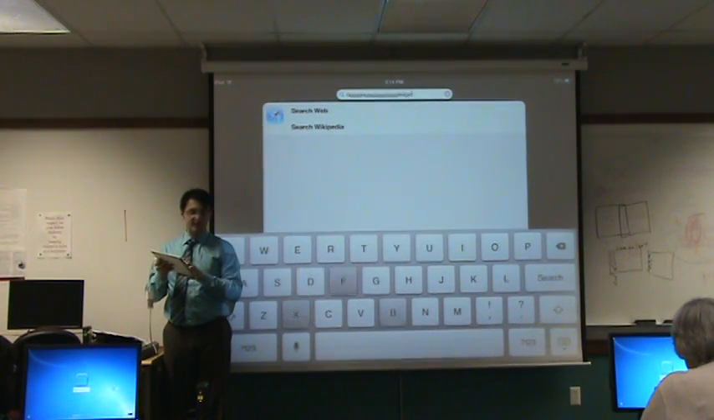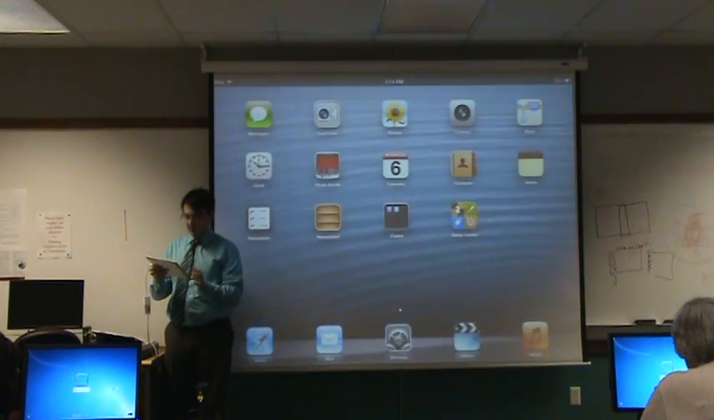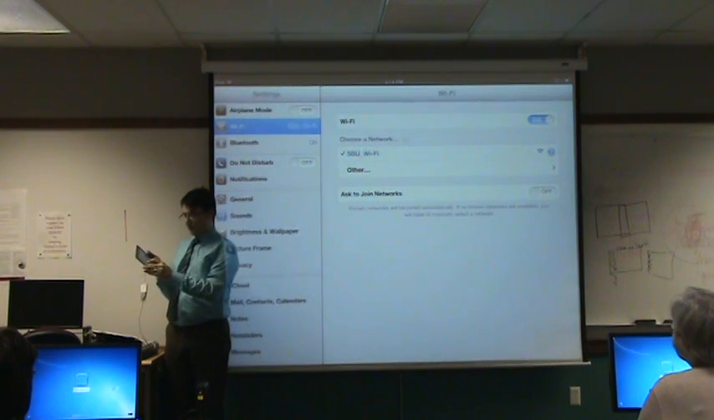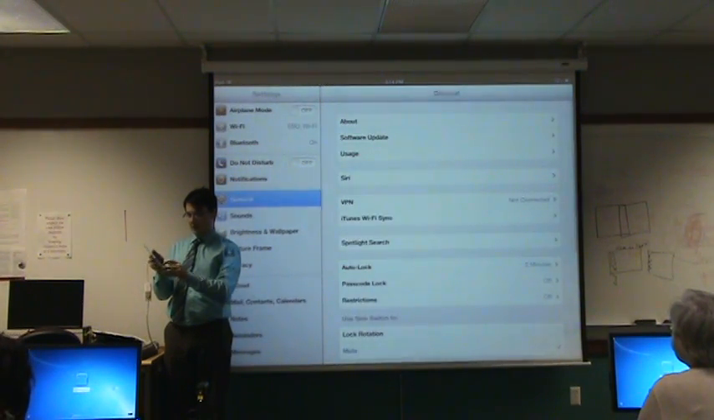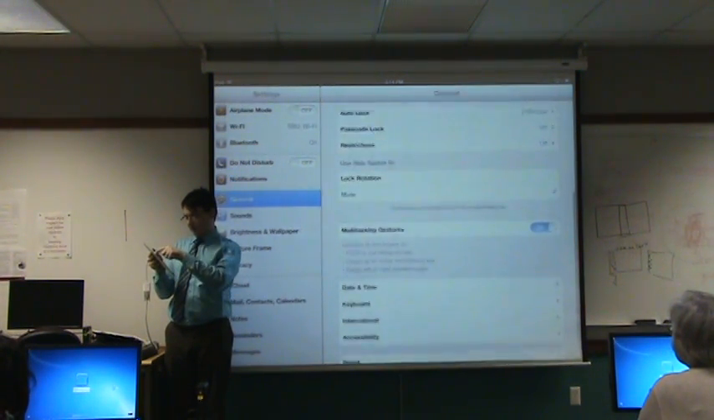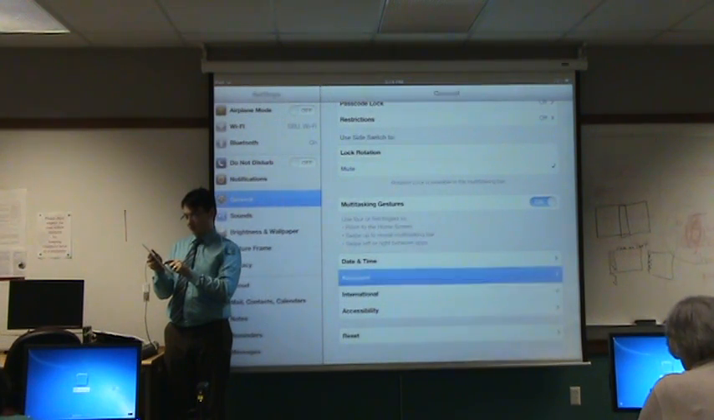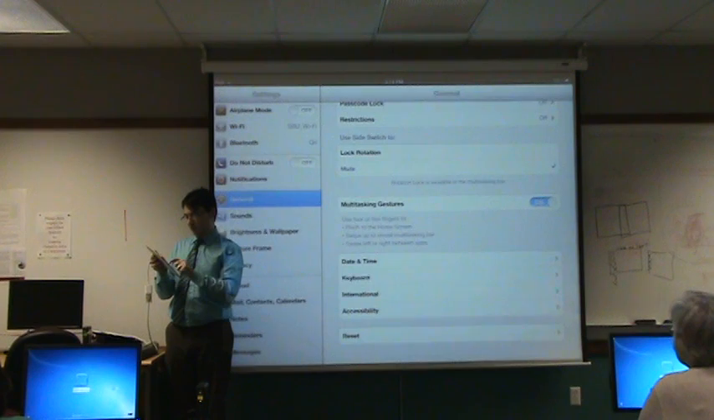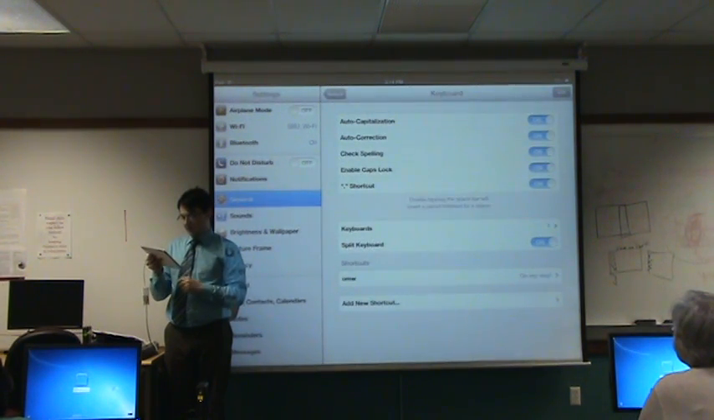There's this annoying clickety-clack noise whenever you hit keys, and it drives me crazy. So we can turn that off. I'm going to go into my settings, and we're going to go into the general part of the sidebar. If we scroll down a little bit, there's this keyboard section. So general, scroll down, keyboard, and I'm going to,